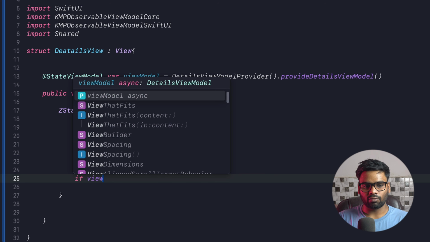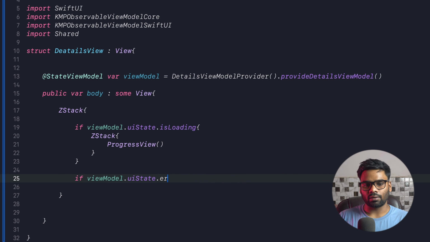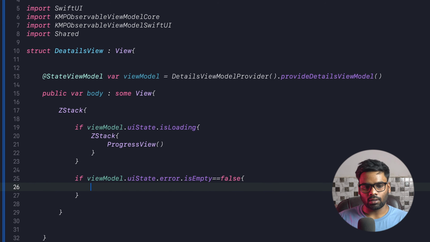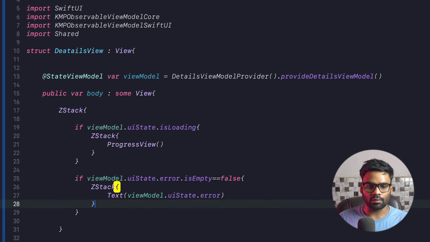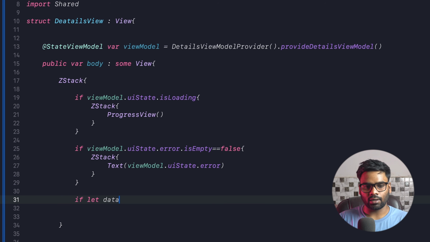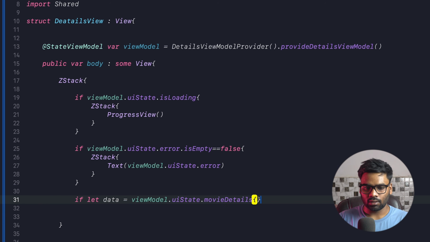So if it is a case of error, so view model UI state error is not empty, in that situation I'm gonna use a ZStack, and within this Text I'm gonna show the message. So view model UI state error. Next, the success case. So if let data is equal to view model UI state movie details, we will use